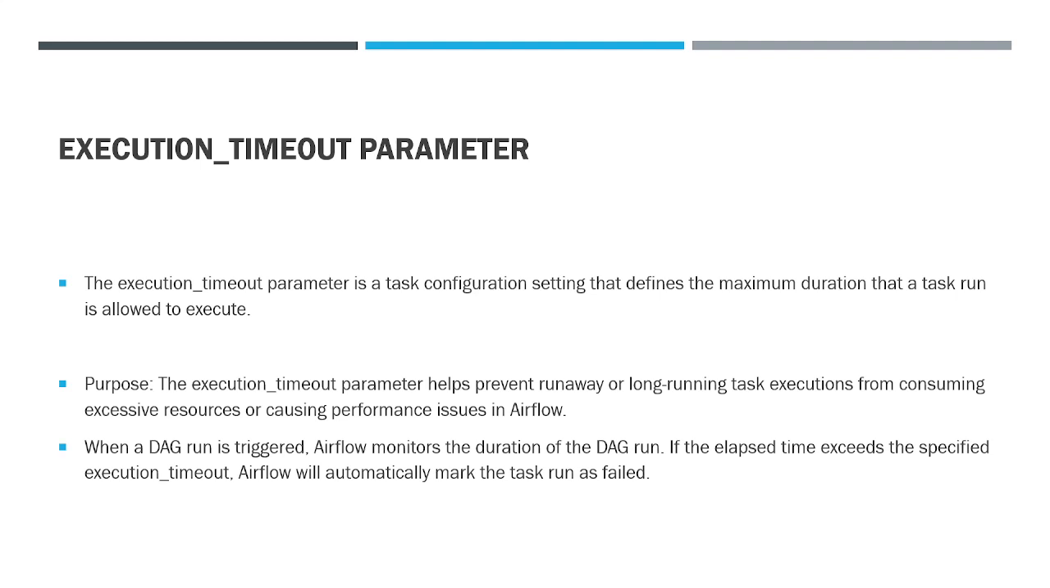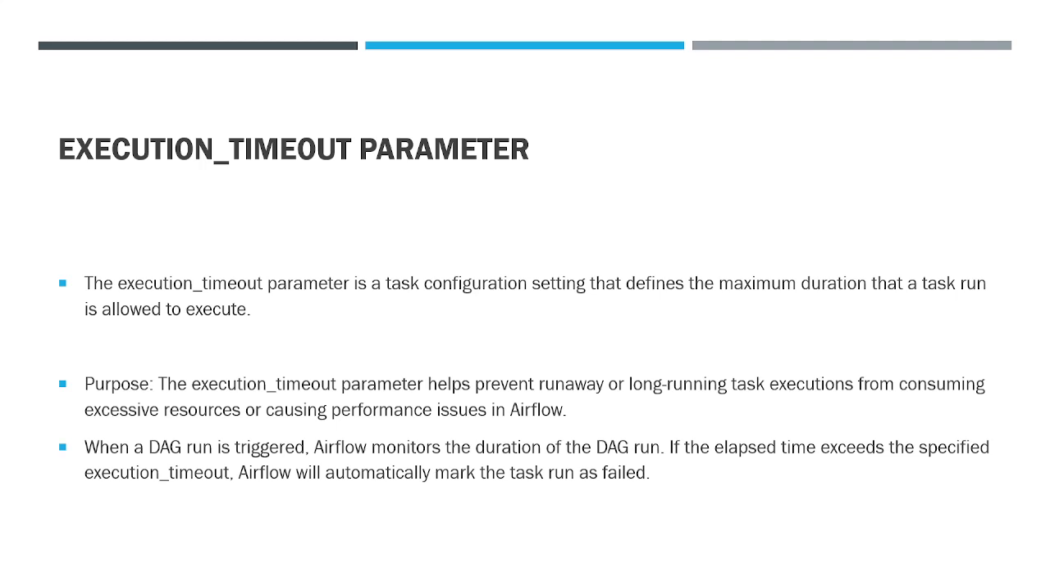So let's begin. In Apache Airflow, the execution timeout parameter determines the maximum amount of time a task is allowed to run before being marked as failed. It is useful for preventing tasks from running indefinitely, especially in cases when the task might get hung